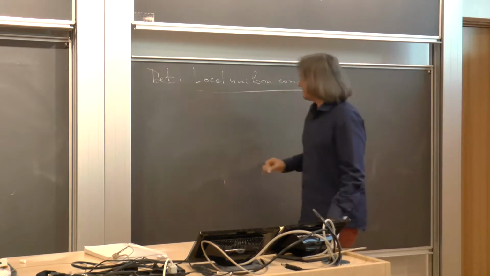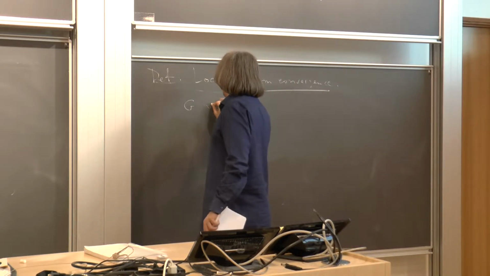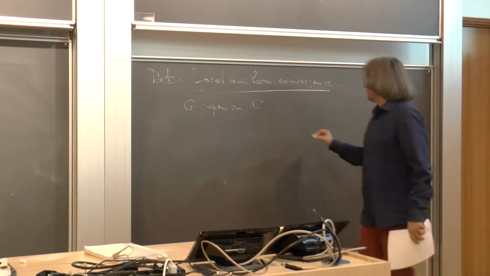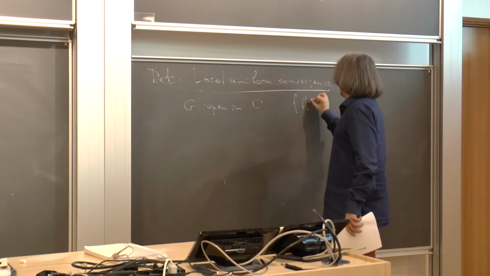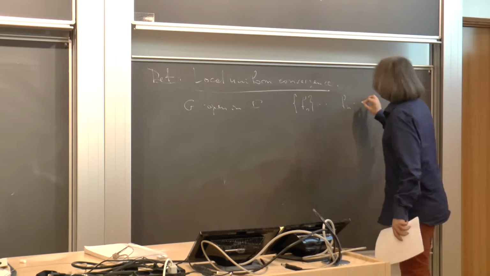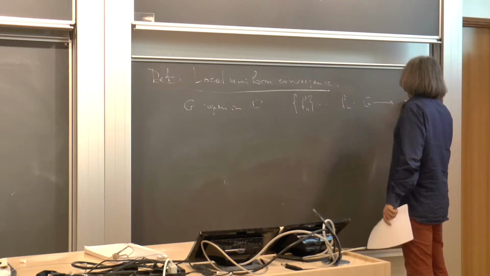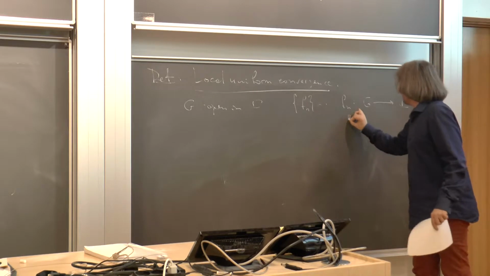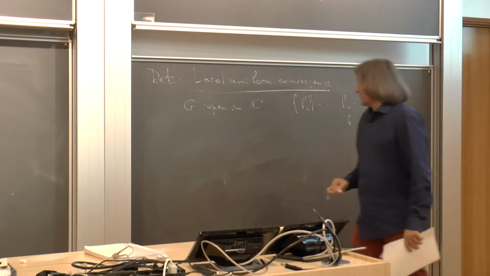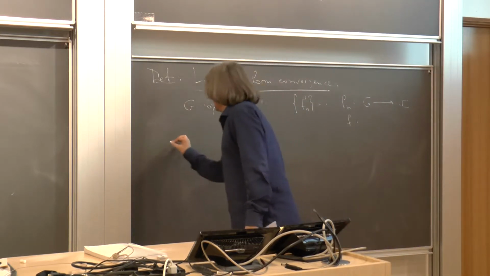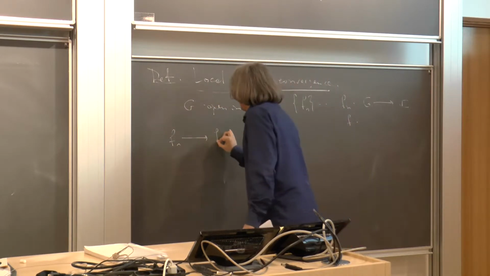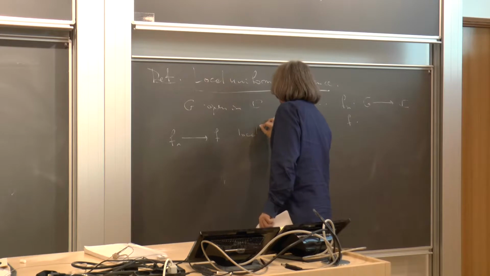So we have a sequence of functions. So we have G open in complex numbers, and F_n is a sequence of functions on G, and also F is a function on G. So we say that F_n converges to F locally uniformly